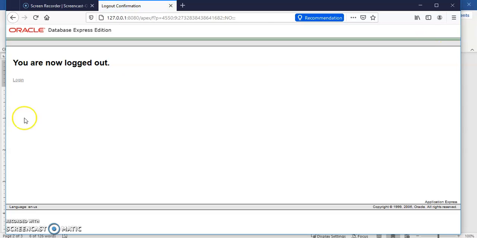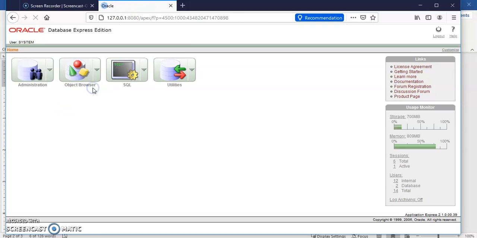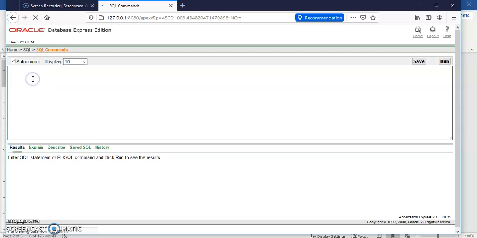If we want to drop this user from the database, then the query will be drop user user 1.